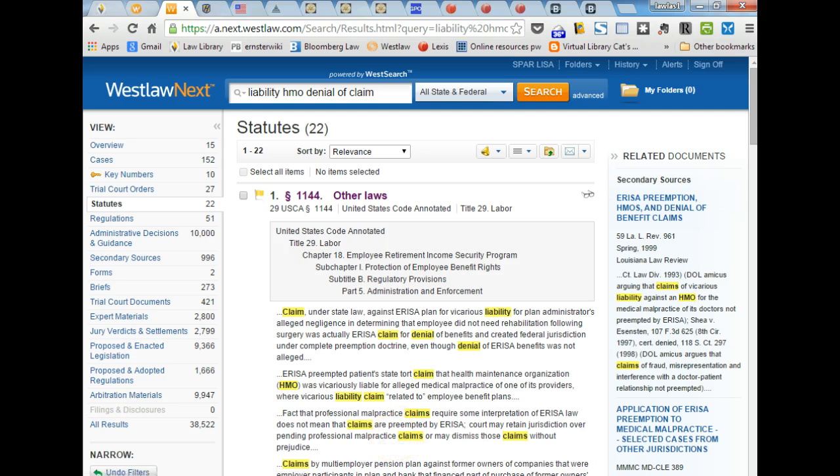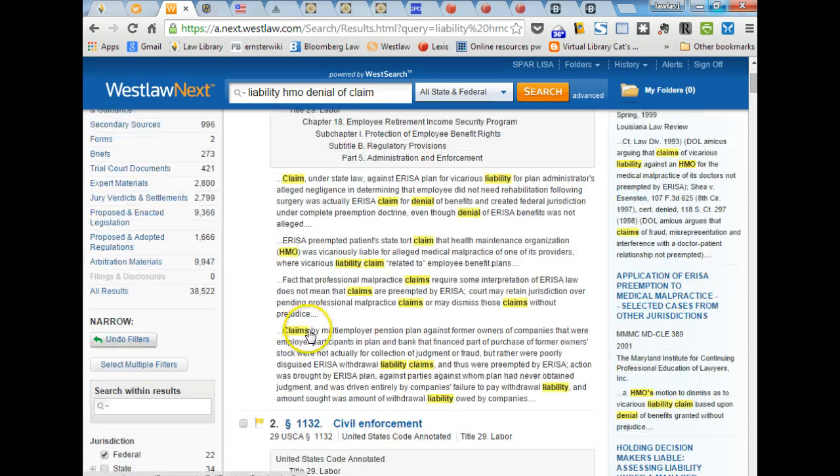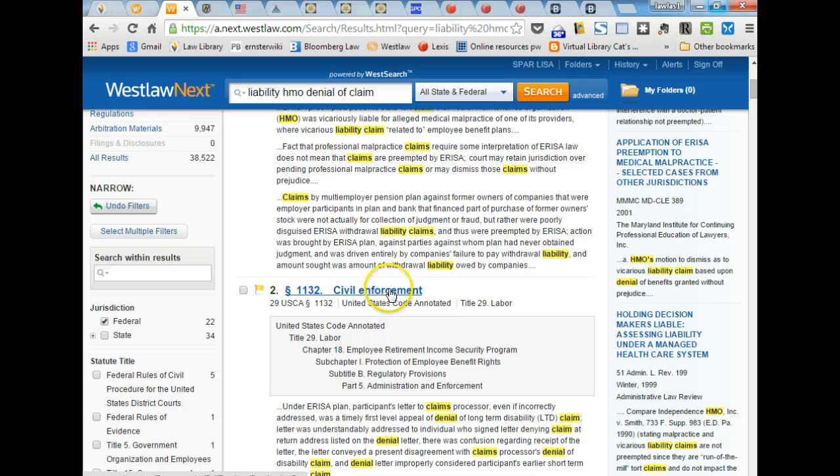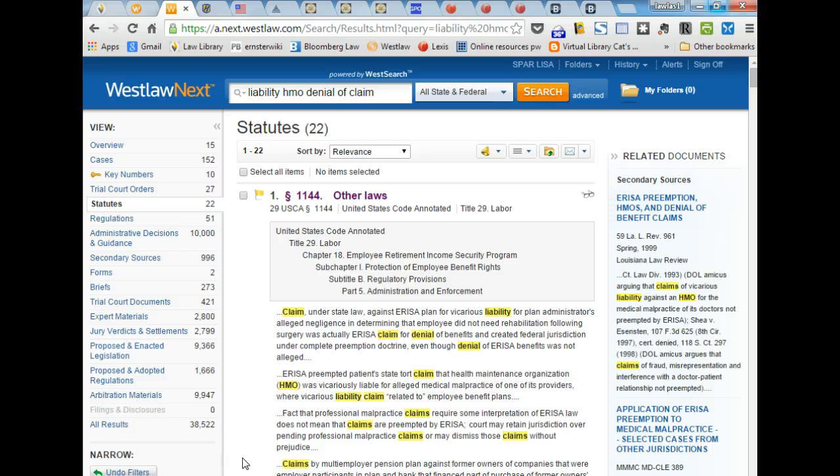And Westlaw does a pretty good job with its natural language search, obviously pulling up the section that we know is relevant. And I know we didn't look very much in detail in the secondary sources, but some of the secondary sources we had encountered with regard to ERISA preemption also talked about 1132, civil enforcement. Sort of the, what do you do if you're preempted, then you want to sue in federal court because we can't sue in state court, and the secondary source would have told us this is one section that's relevant. Okay, so again, that's by topic on Westlaw,